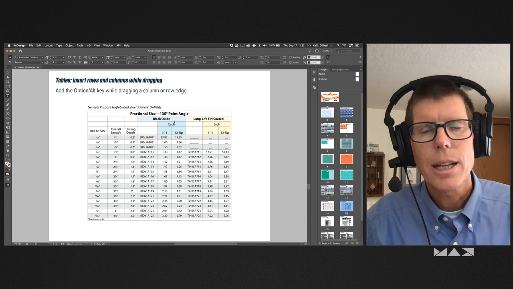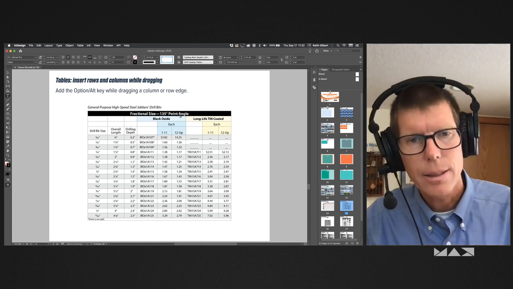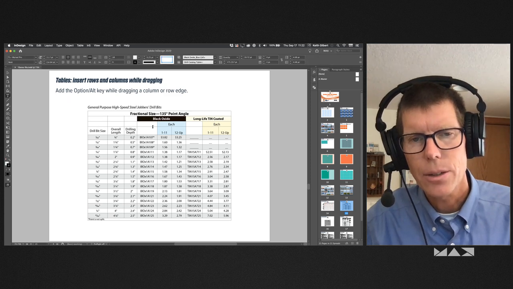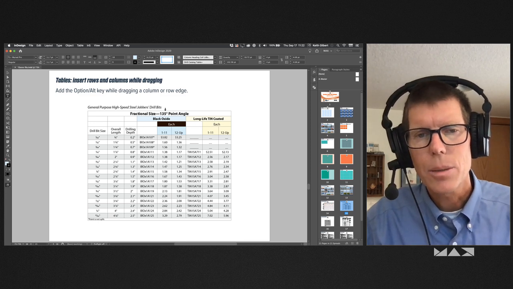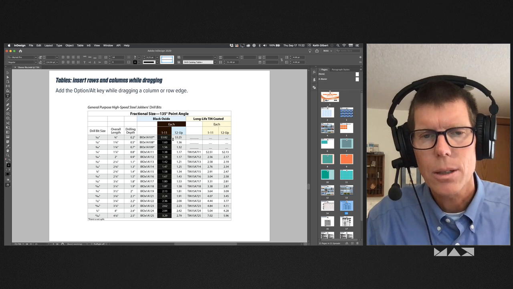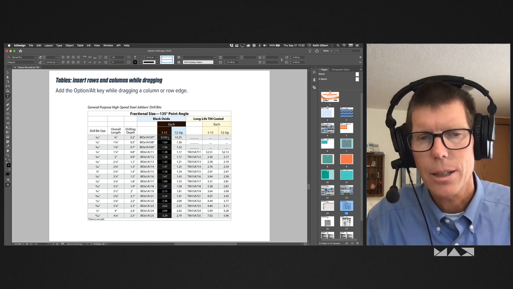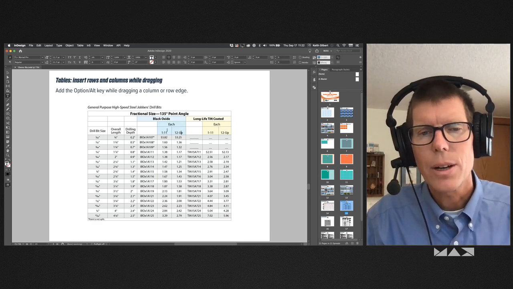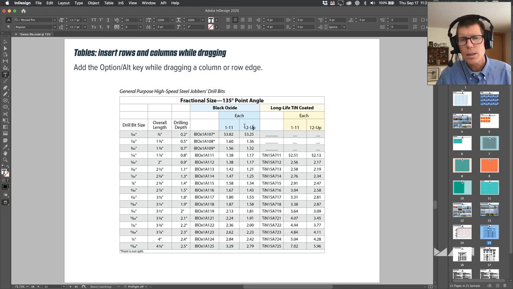The trouble is, on a table like this, here I've got a cell that spans all my columns. Here I've got a cell that spans 3 columns. Here's a cell that spans 2 columns. Well, the trouble with that is once you've got spans interrupting things, you can no longer go inside a column and drag and drop it, which is unfortunate. So what would I do if I needed to insert new columns in between these two? Well, there's a technique you can use to do that, kind of hidden.